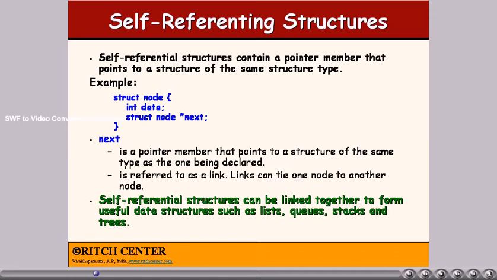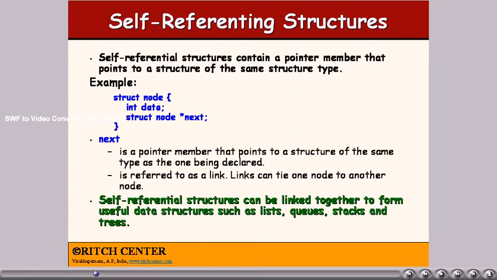Self-referencing structures contain a pointer member that points to a structure of the same structure type. For example, in the slide we have shown a structure struct node, int data, struct node star